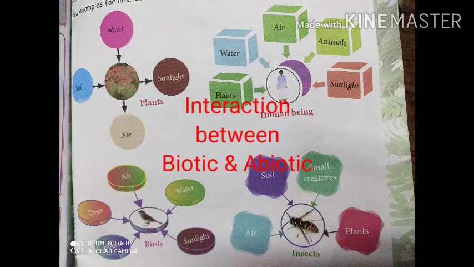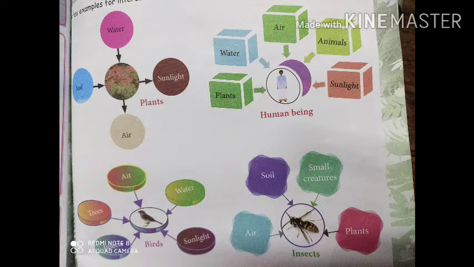பூச்சி சொல்லுவாங்க, insects. And see, insects need soil. Soil means some insects will be in the soil. And small creatures, they want to eat food, குட்டி குட்டி எறும்புகள்லாம் சாப்பிடும். And plants, some insects will eat plants, grasshopper அது மாதிரி. And air, so it wants to breathe. Okay, so insects need biotic factors as well as abiotic factors.